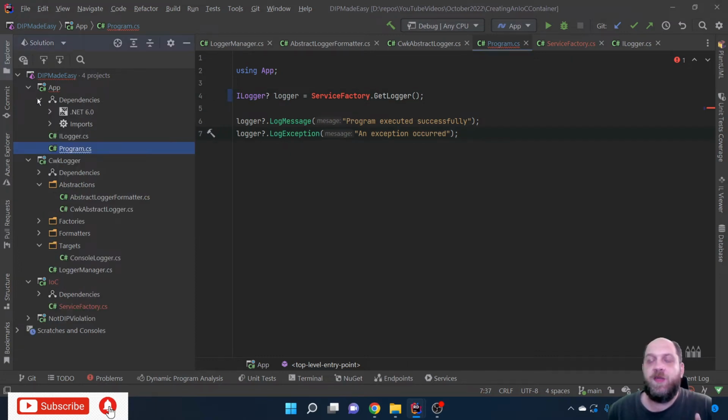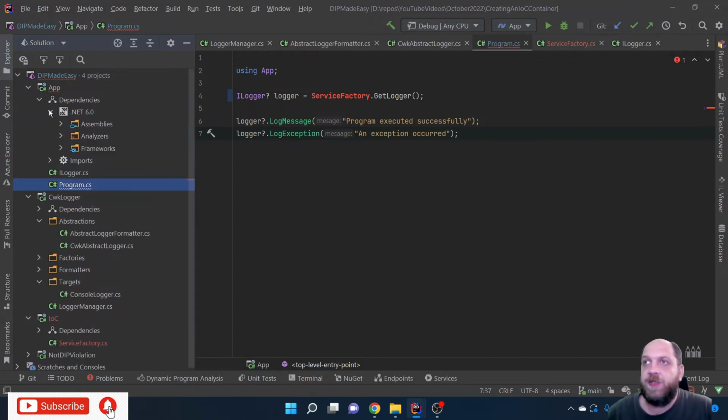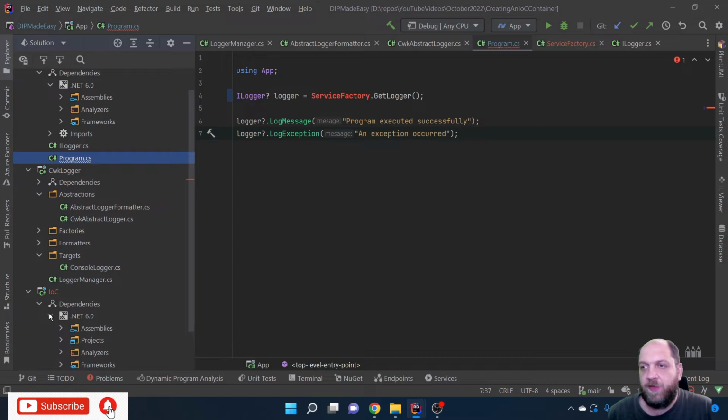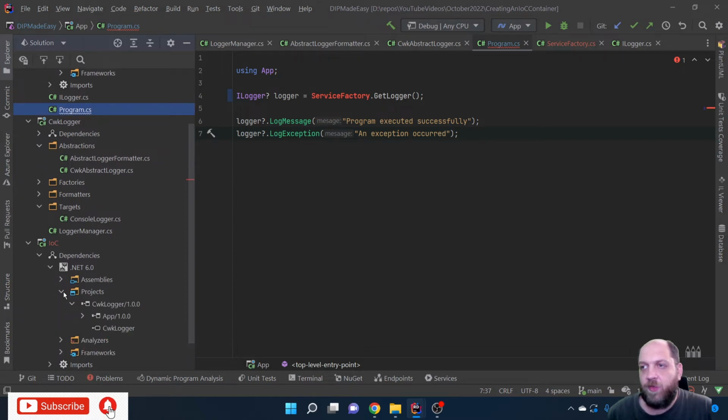Now, let me check here. We want here a dependency on the IoC container. If we have an IoC container, that's external stuff, and it's fairly okay that our application would depend on it because it needs it to resolve or to get dependencies injected. In this case, just constructed via a factory. But the problem here is that if we see here in this project, in dependencies, we don't depend on any project. Now, if we check these dependencies of the IoC as we did earlier, we see that it actually also has a transitive dependency to app, because this CWK logger had this direct dependency